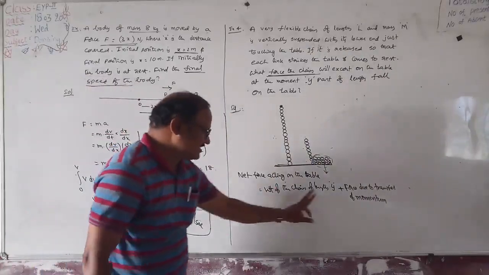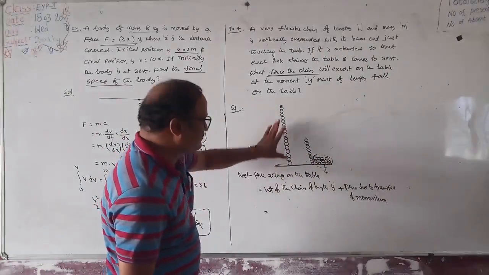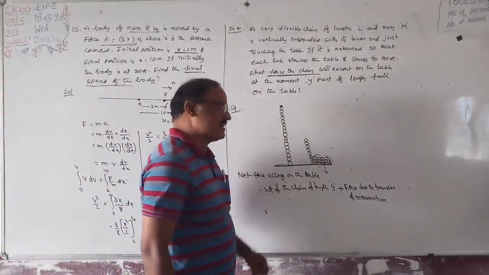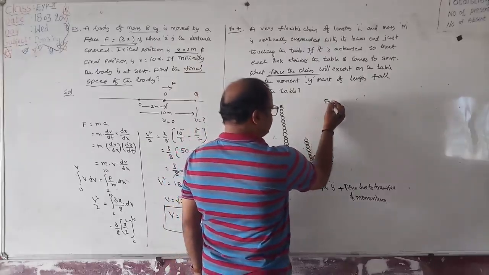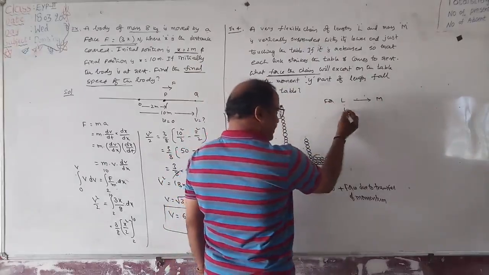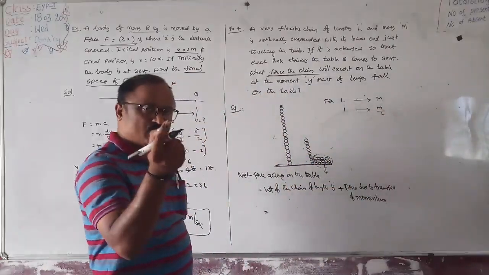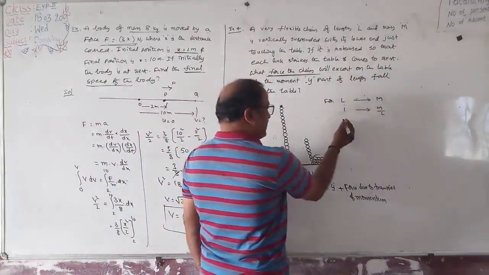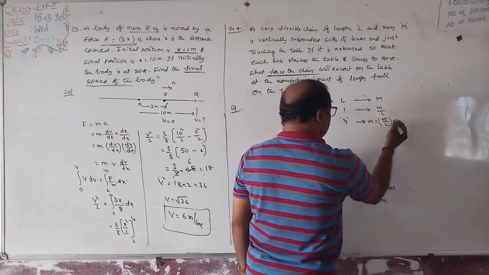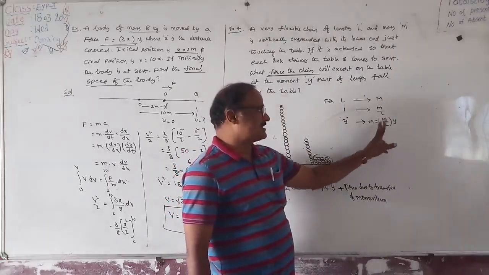But how do you find out the weight of the chain of length y? Because total length of the chain is L and its mass is M, but we don't know the value of mass of the chain having a length y. Then how is it calculated? For a length L, mass of the chain is equal to capital M. For 1 unit length, mass of the chain is equal to M by L. M by L means mass per unit length. Unit length, 1 centimeter. For a length y, mass of the chain is equal to small m, and small m is equal to M by L into y. Mass per unit length into length should be equivalent to mass of the chain.